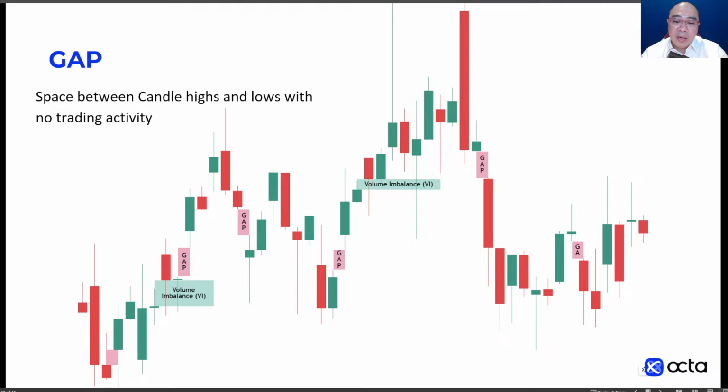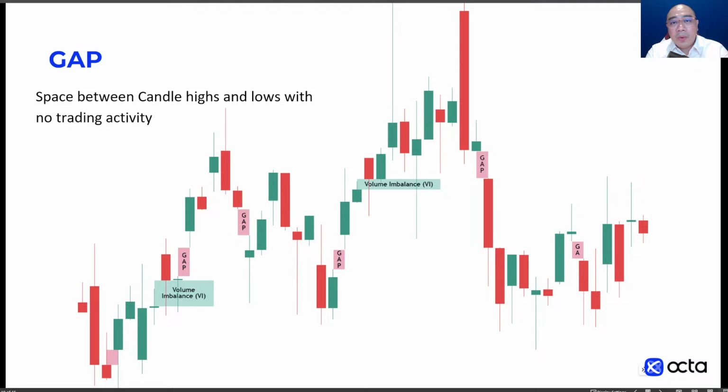So what the imbalance creates is kind of an illusion. I would use the word illusion because it dives deep into our psyche. It affects our psychology when it comes to trading, because we look at an empty space in between, and we know it's not right. Everything has to be filled in, right? So it becomes a trading psychology. The longer that gap stays there, a lot more traders are going to be looking at that and say, you know what? That gap hasn't been filled. It needs to come back and fill in that gap and stuff like that.